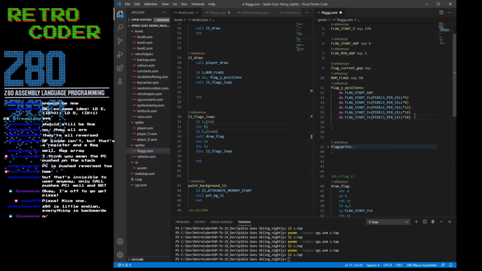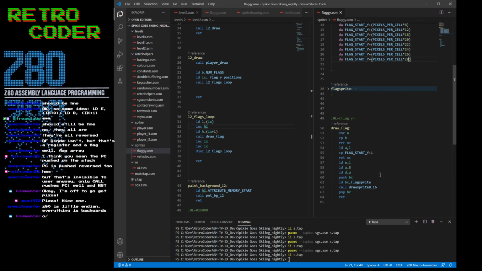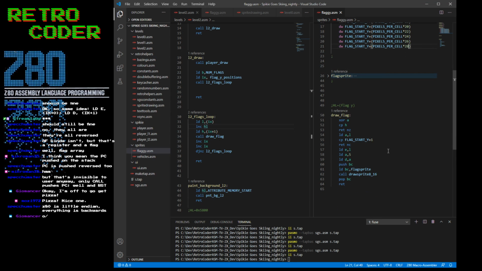Being lazy. Of course, that'd be really unfair if they're not all on the same X, and if they are, it'd be too easy. So they're not going to stay like this. But for now, I'm going to come up with a way of scrolling them, and